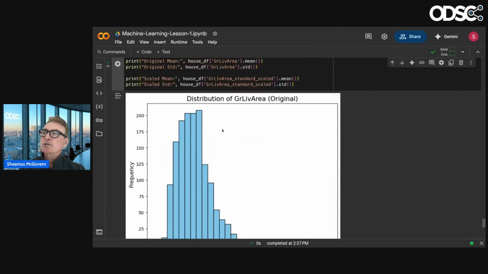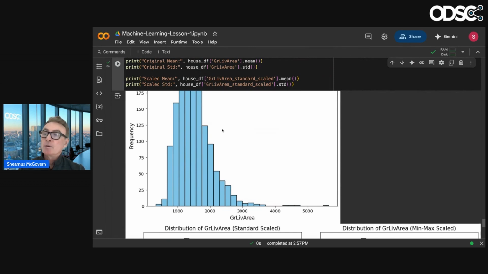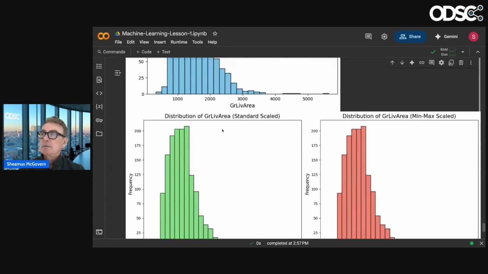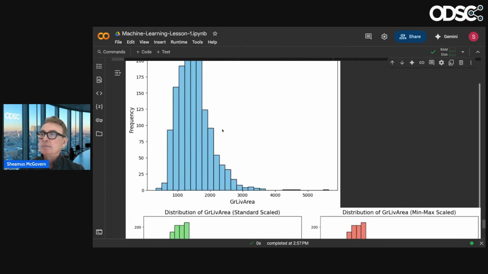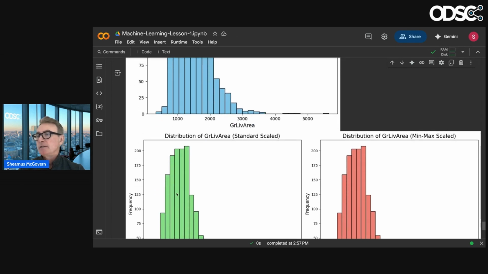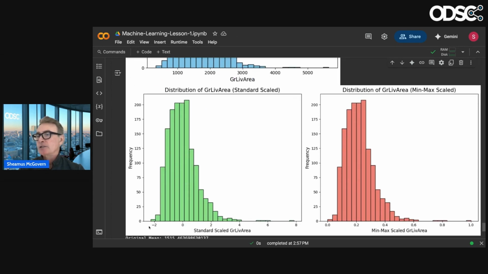So this was our distribution of living area before scaling. And if you look at the charts here, you're like, they look the exact same, right? Exact same, right skewed, the hump here, here, and here. Nothing's changed. Well, it has actually changed. Look down here. So it's scaled from -2 to 8, right?